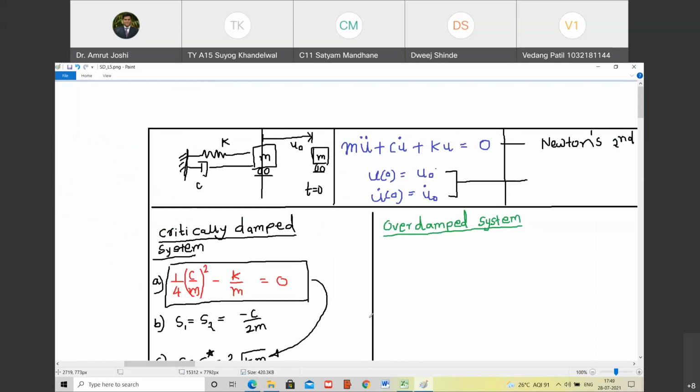And once we are very clear about the critically damped system, overdamped system, and underdamped system, then we are going to study certain system parameters. Like this is the damping coefficient, we will talk about the damping ratio, then we will talk about resonance. Are you with me? Yes, sir. This is what we are going to do. So let us stop here today.